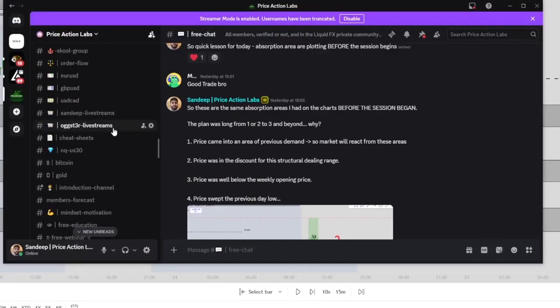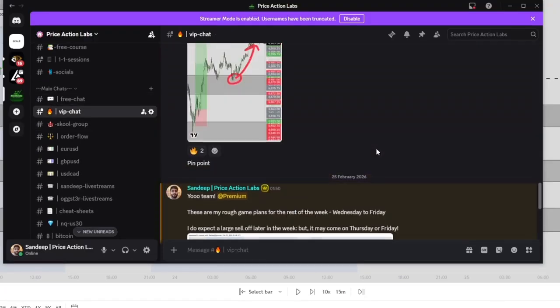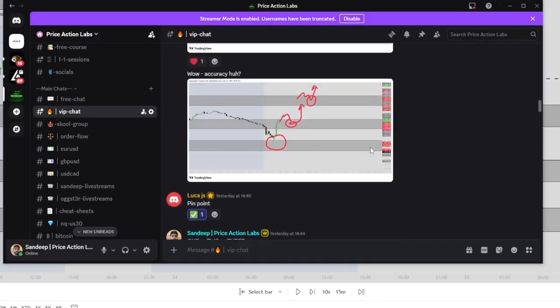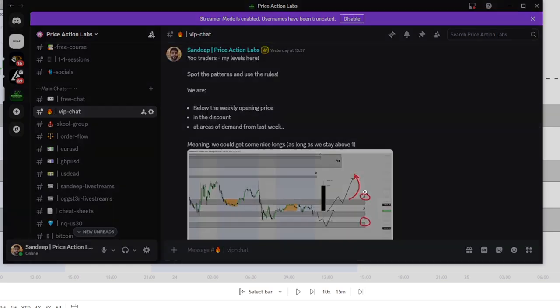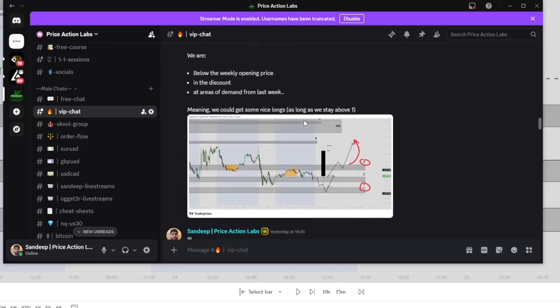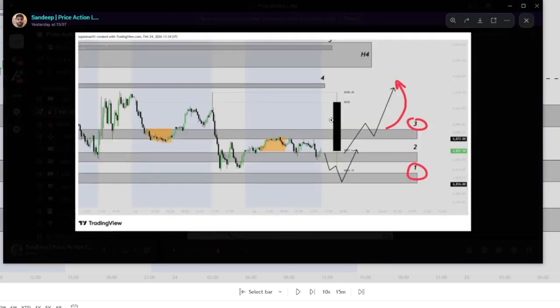So if we go to the pre-market plan, which is here in the VIP, let's take a look at the pre-market plan for this day. What we saw specifically from a pre-market perspective was this. So this was me posting at around 8:37 Eastern, or just before 9 a.m. Eastern. So what I'm saying to traders is I've got my 3 levels, 1, 2, 3. We're below the weekly opening